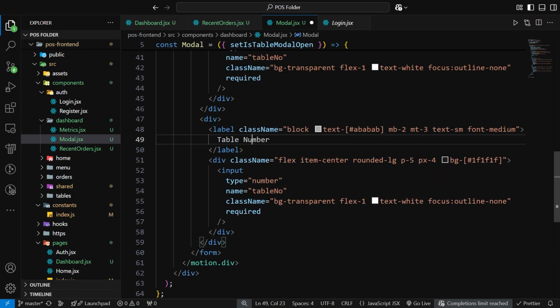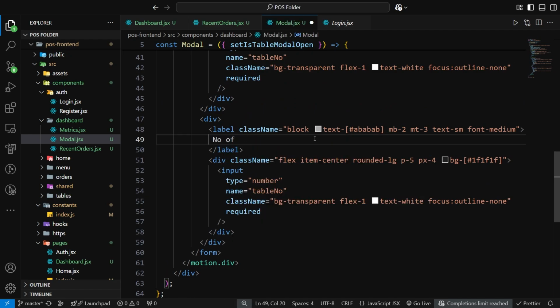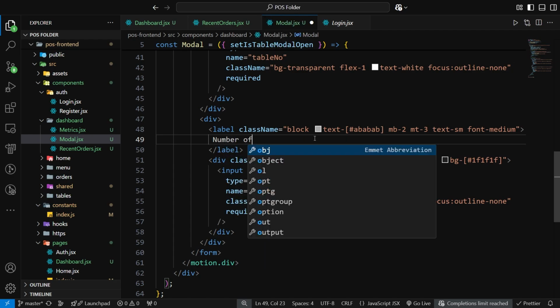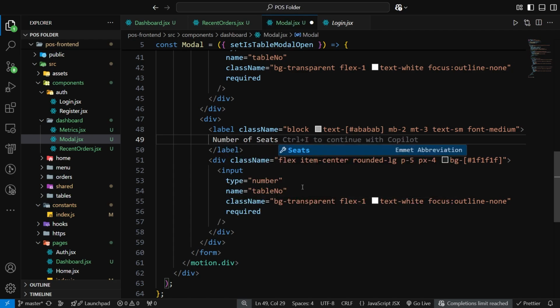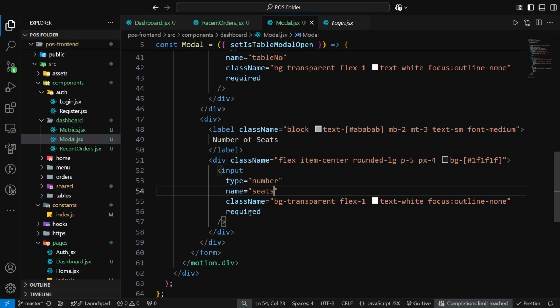And here write number of seats. Okay, seats. Okay, now we have to add one button here,